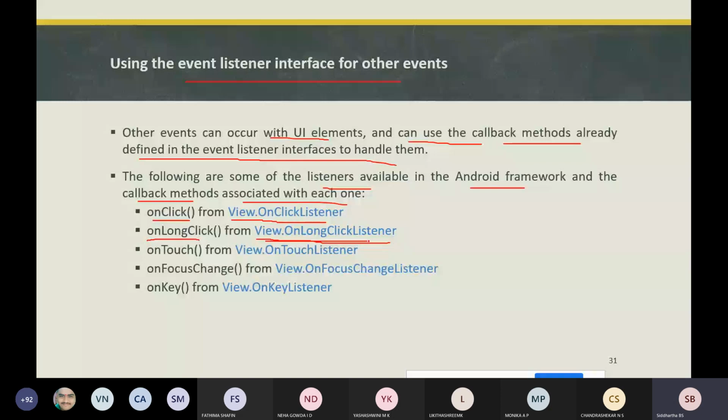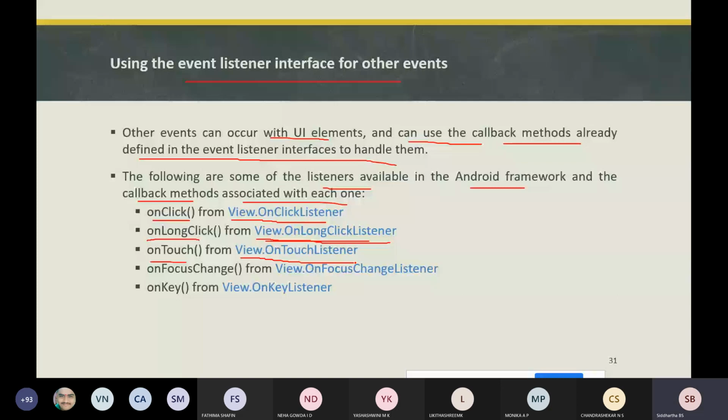The next is on touch, where this method is from the View.OnTouchListener interface. It means that you have a screen, and if you touch on that screen, it should perform some action.